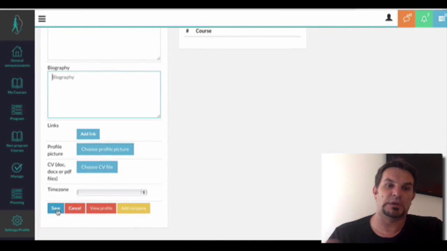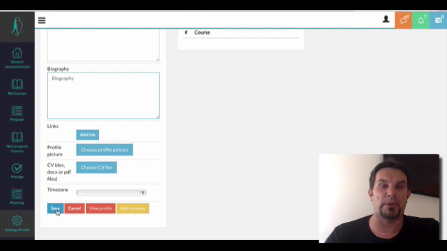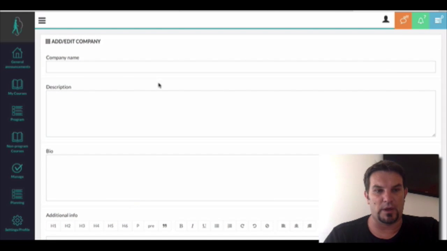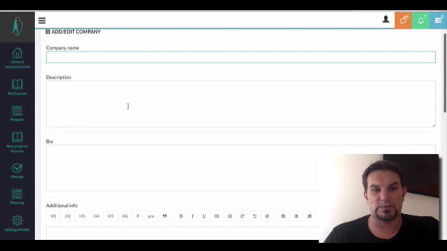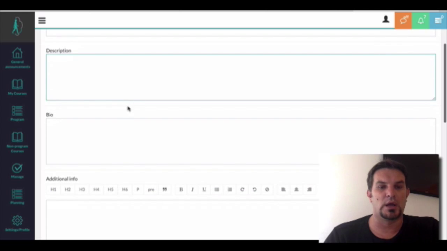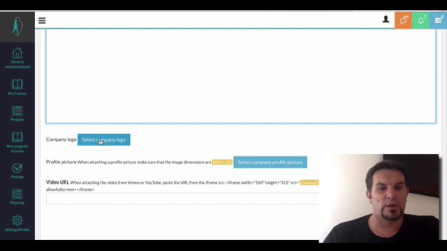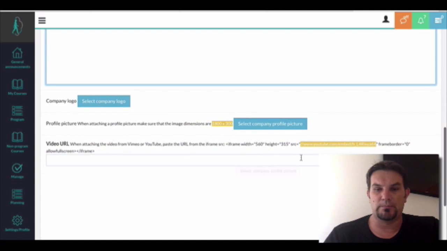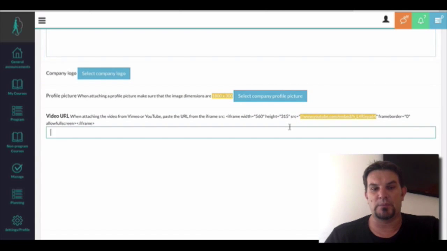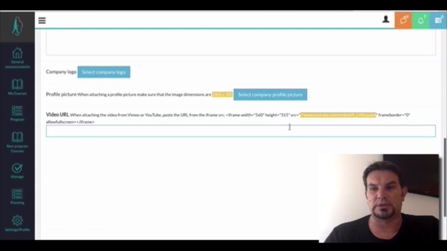In some time from now, you will create your company profile. That means your idea, your project will become your virtual company, and then you will create your company profile. It will be again similar to this one. You will have a company name, description, your mantra, which is what we will work on, bio, what you are doing, and additional info. You can add your company logo, which we will design. You can put your team or any other profile pictures. And in the end, you can put your video presentation. This is also something that we will do.